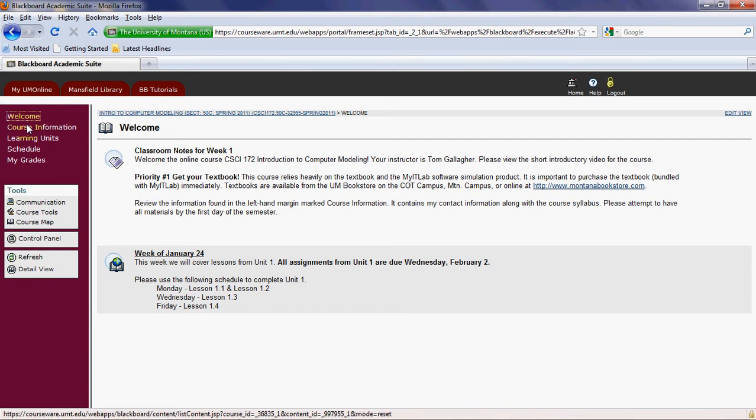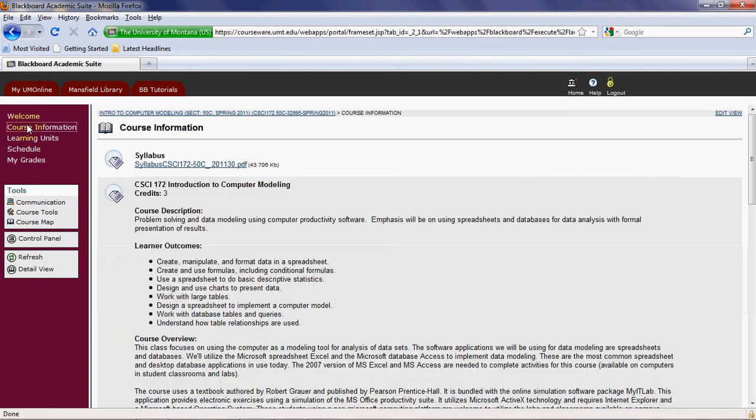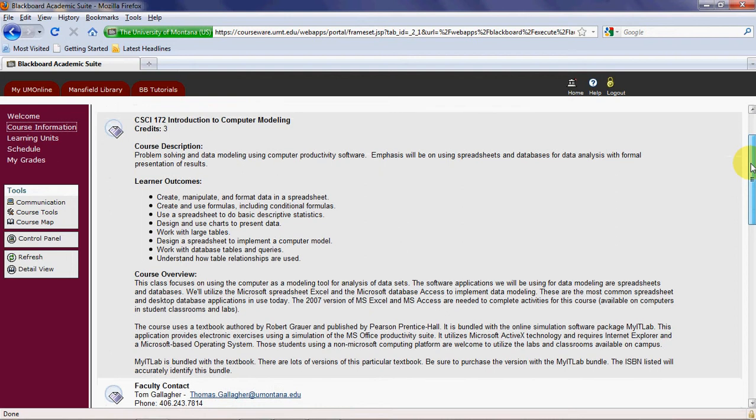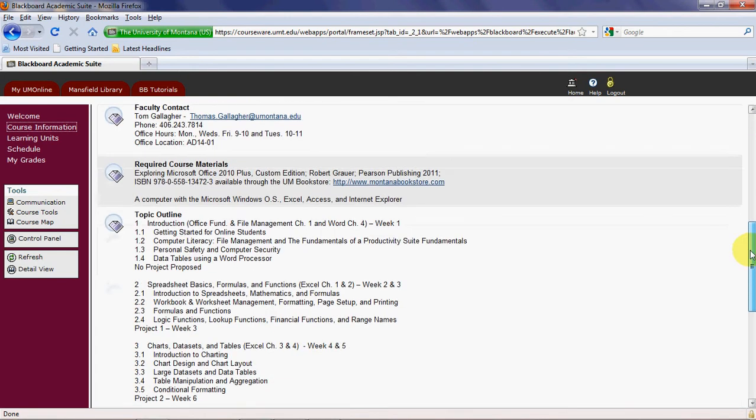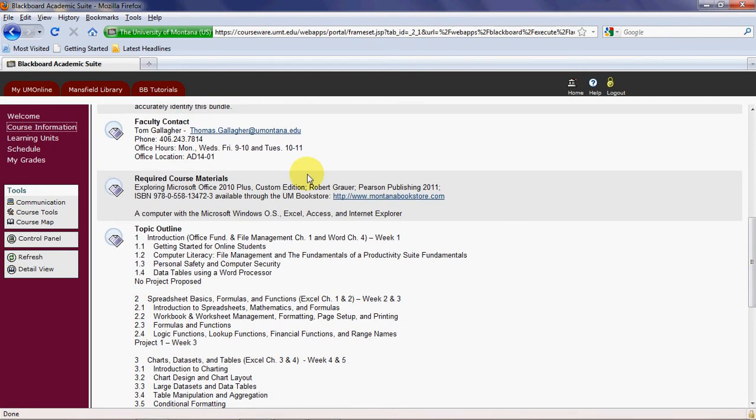Let me punch in course information here. Here you'll find a copy of the syllabus. I suggest you download a copy of it and review it. I'm going to go over it today, so it'll help out a little bit. My faculty contact information is in here, including my email address, my telephone number, office hours, and my office is located on the COT East Campus in office number